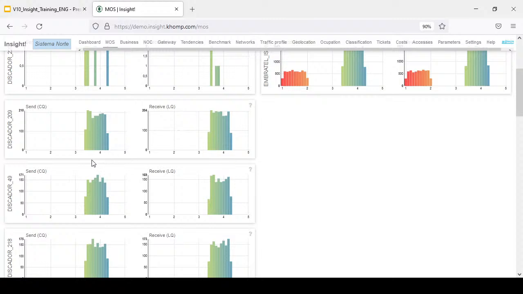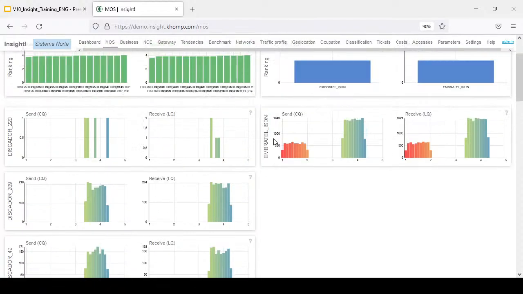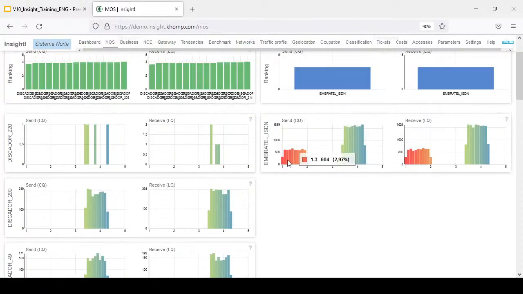You will never achieve 5. Normally it is between these numbers, 3 and 4.5, maybe. So this is a very good operation, to have a very good quality. This is not good. This is not good. This is a really bad